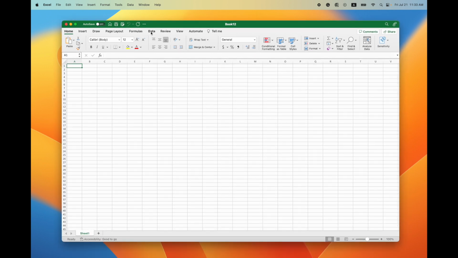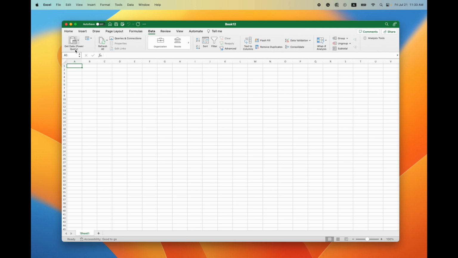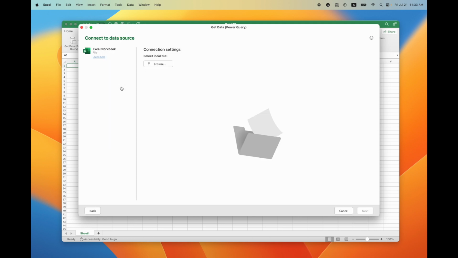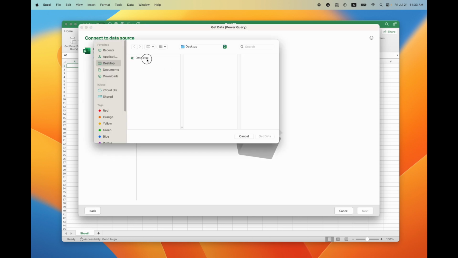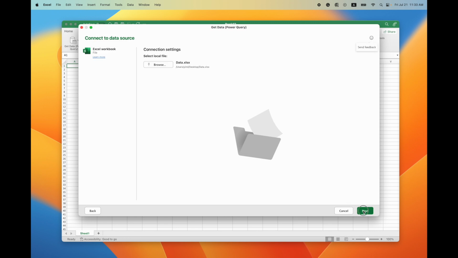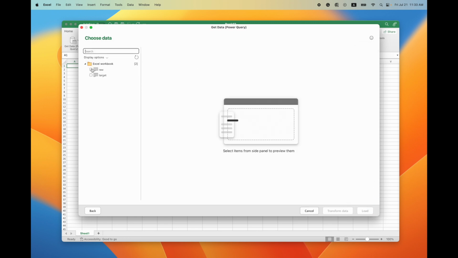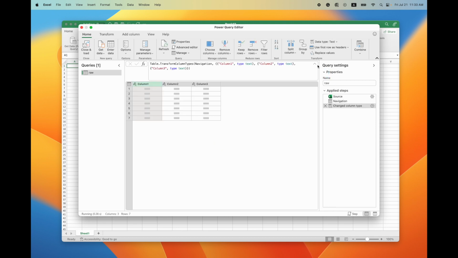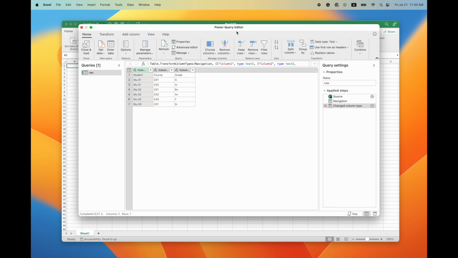And under data, you see we have a get data Power Query option, so we use this one. And then you see we have so many different options to load in data file. Since our data is Excel, browse, and we only need the raw data sheet. Okay, so here instead of hitting load, we use transform data, and this will lead you to the Power Query